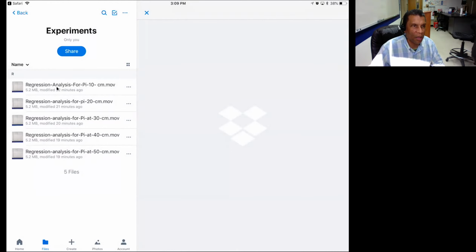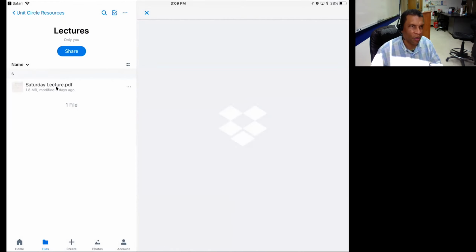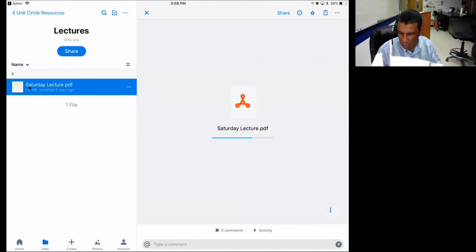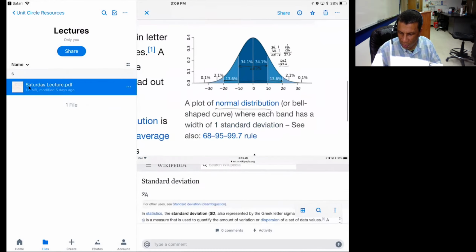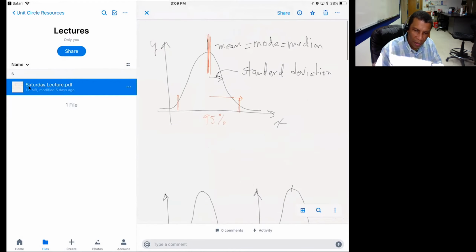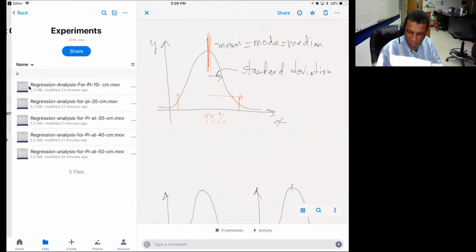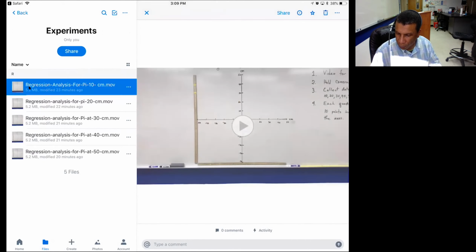I'm going to start by pulling my regression analysis information in. Now, let me go back one more time. So lectures, I'll place those lectures here. These are going to be PDFs. Let me select on that so you can see what I mean. So these are things I was talking about as far as the normal distribution and regression analysis. It's really not a lot, but that's what I was talking about. So here we go. Let me go ahead and start with number 1 here. And I am going to go up to, see if I can